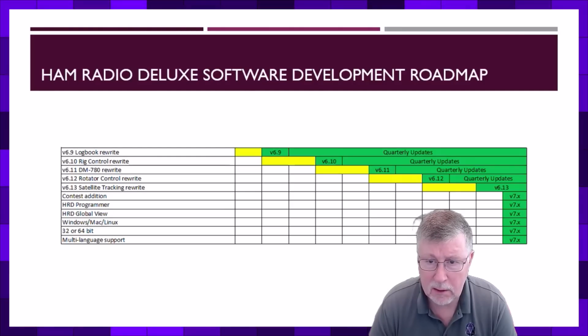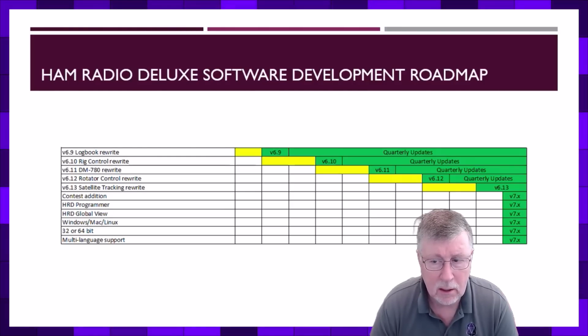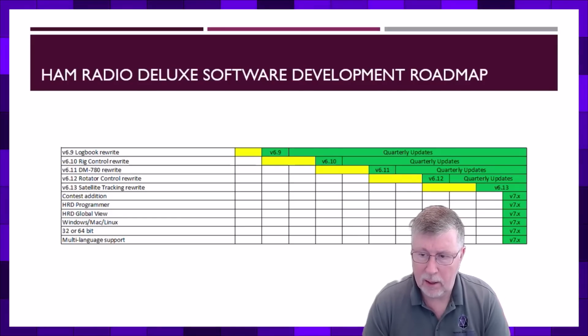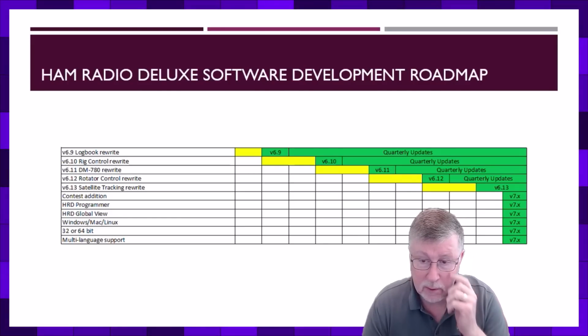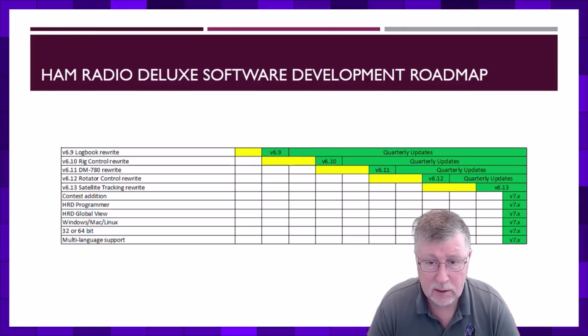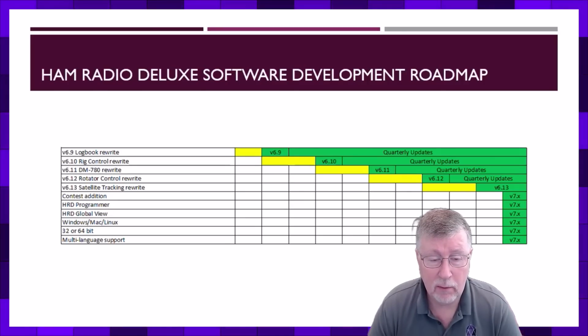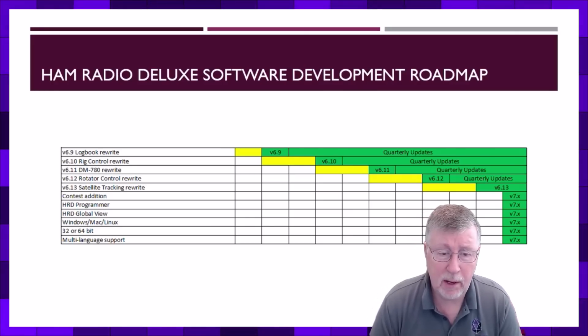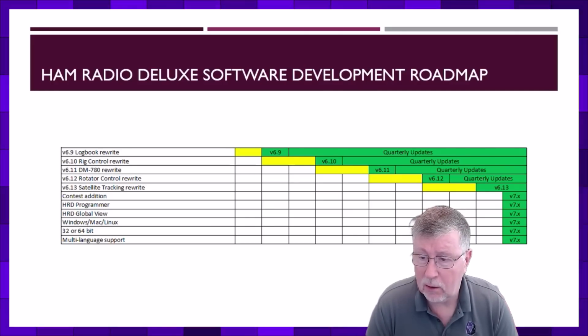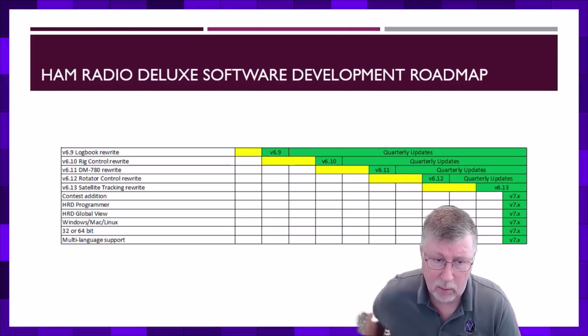What I'm trying to depict in this image is that all of these things culminate with a version 7 that should come later. For right now, the 6.9 rewrite, which is what we're working on now, is for Logbook. The 6.10 rewrite will be rig control. And then DM780, which is version 6.11, would be the rewrite for DM780. Then rotator control and satellite tracking you can see in versions 6.12 and 6.13. When those are done, we'll be able to add some additional things, and that'll culminate, like I said, in version 7. But we're quite some distance from version 7, so I want to talk about what's going on with Logbook